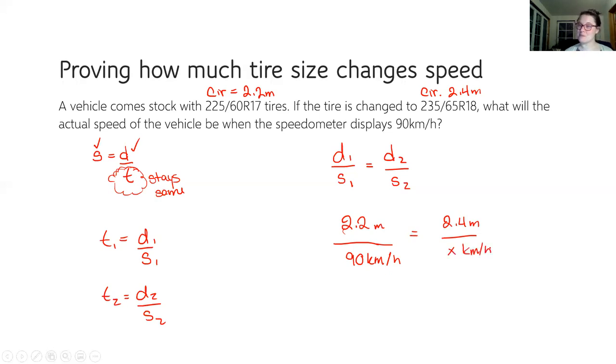Now, you might wonder, why in the world did she rearrange and make the two equations equal to each other? The reason I did that is it saves us doing some conversions. Otherwise, you change your meters to kilometers, figure out the time, and then calculate again. This is actually much faster. Now, it is a bit of a math trick that a lot of people wouldn't think to do, but that's okay. You don't necessarily have to do all the tricks in one question. So now we cross multiply and divide. So you'll do 90 times 2.4 divided by 2.2. And you will find that the speed is equal to 98